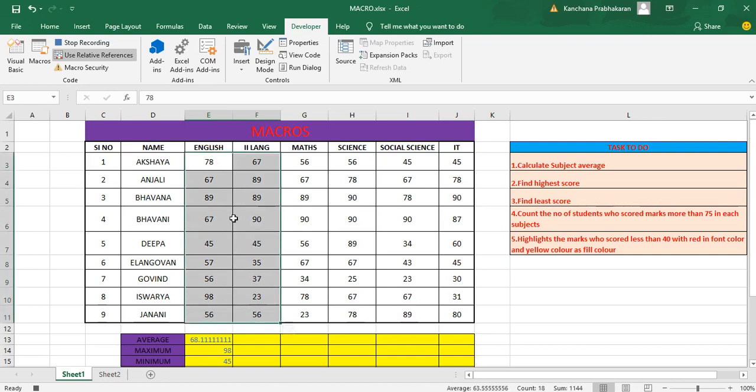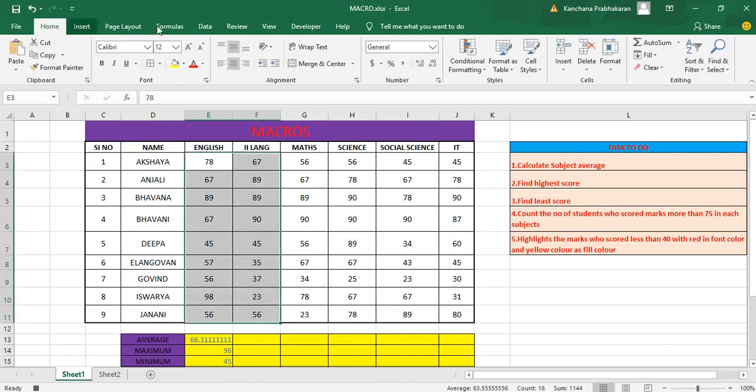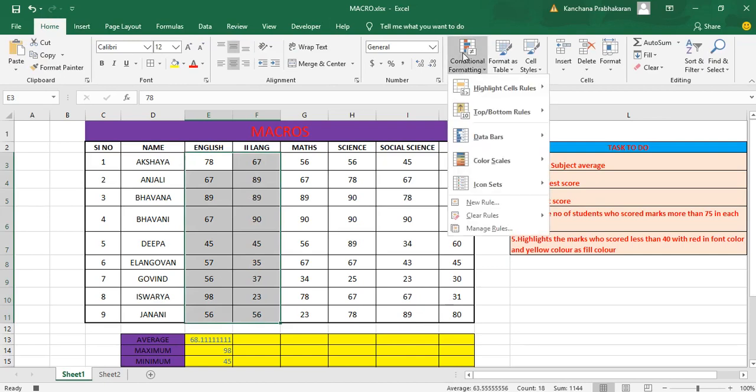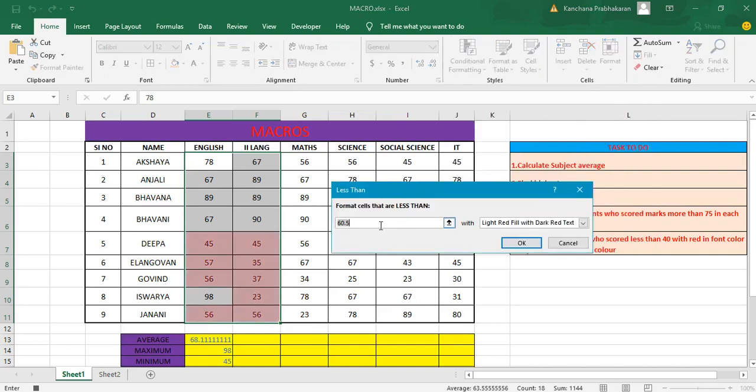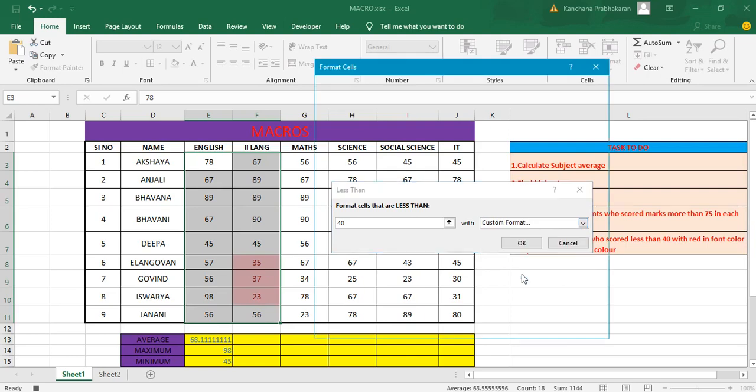Select the cells, then go to Home, then go to Conditional Formatting, then Highlight Cells Rules. I'm going to set the rule for less than. So choose less than. So what is the value? Less than 40. Then click this. They have already given some predefined formats, but I'm going to give red color, so I'm going to choose a custom format.